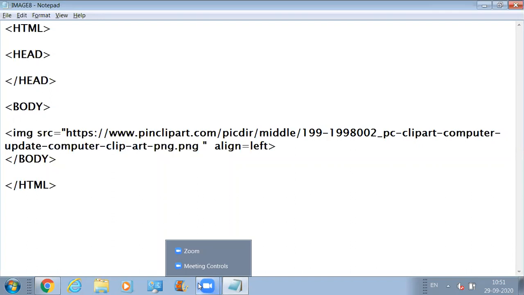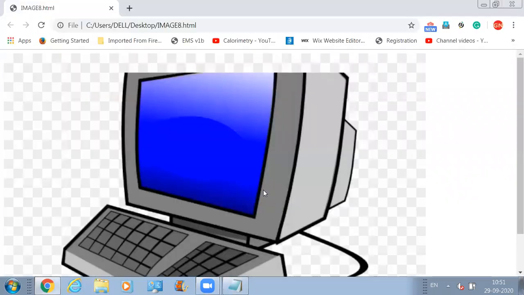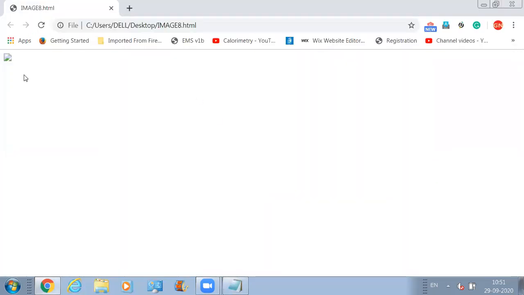Now what does the developer do? If this image is not accessible on the browser, then this type of icon will get reflected on the browser's window.